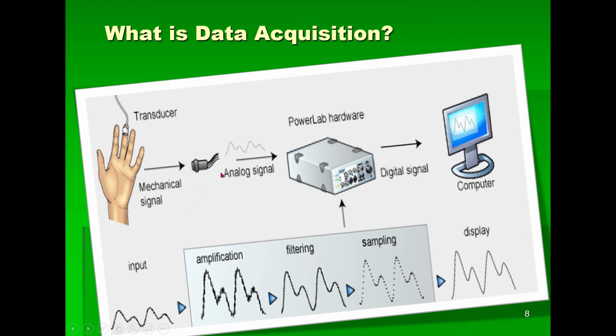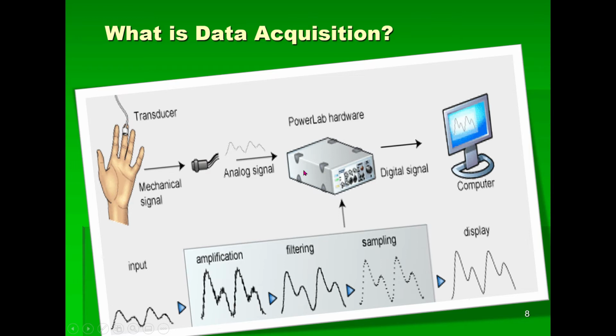The transducer converts the mechanical signal into an analog signal, the wave-like structures, and then these analog signals enter into the PowerLab hardware with the help of LabTutor. What does the PowerLab do? PowerLab converts these analog signals to digital signals, and on the computer screen they are displayed in the form of graphs. Digital forms, digital signals. You know, the graphs or anything you display on the computer is a digital signal, made up of digital dots, and this is known as a digital signal.